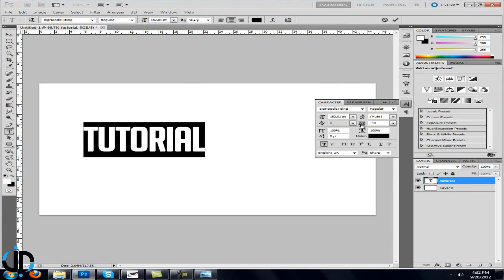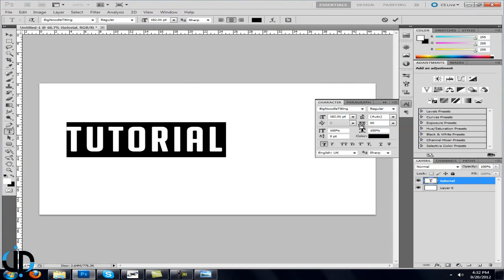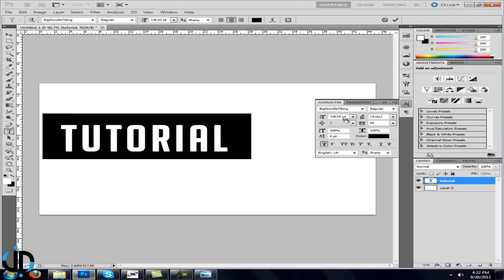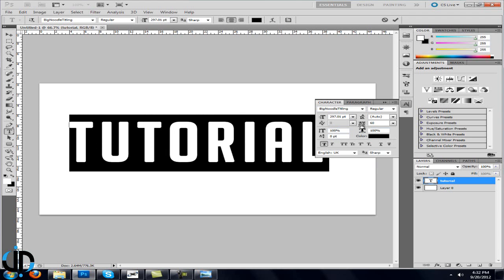Bring the horizontal spacing up a bit. Not really that much. And whoop, the size of it up a bit. So now we've got that. Might just want to bring that